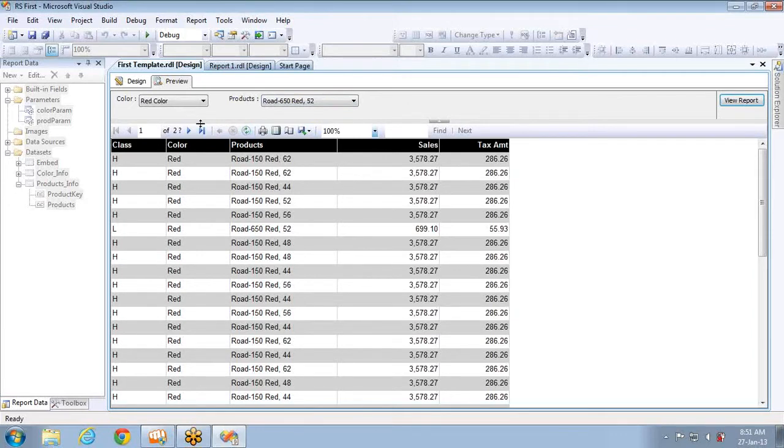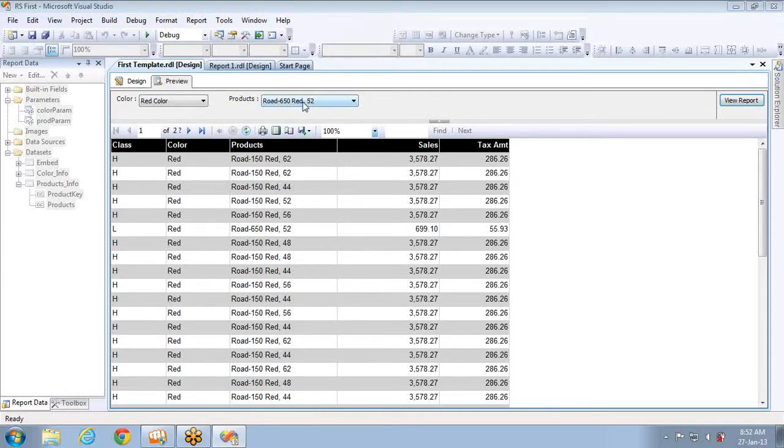The reason is I added the data set and I added the report parameter, and I have not yet added the query parameter to assign the value while querying the data. When I don't have a query parameter and when there is no relationship between the query parameter and the report parameter, then adding a report parameter into your report is of no use.